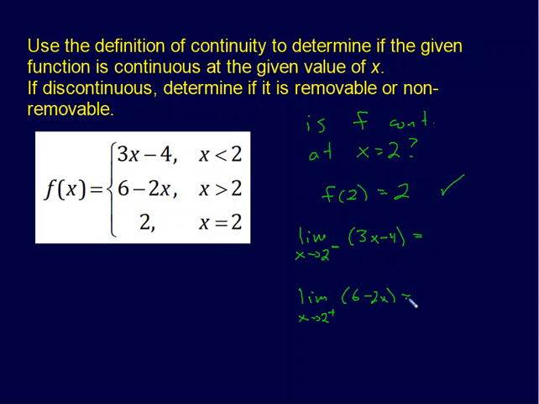And I'm going to examine these limits now, and both of these are limits I can get just by plugging in 2. So I'm going to be able to get 6 minus 4 for this one, which is 2. This one I get 6 minus 4 also, a little bit different way, but it's also 6 minus 4, which gives me 2. And that's a good thing. Now I've got the limit from the right and the left, both equal to 2, which is also what the function equals. And so that's telling me that the point that the graph contains is the point (2, 2),